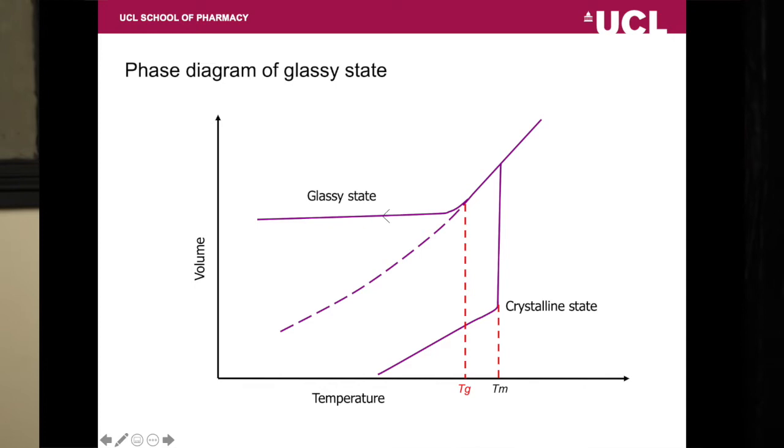This graph is probably the trickiest part of the lecture, and it's kind of a shame that it's coming towards the end, because your brains might not be concentrating on what I'm saying anymore, in which case I highly recommend pausing the video, watching a box set of something on Netflix, and then coming back again when you feel energized, because this graph is reasonably complicated in terms of understanding, but everything to do with amorphous materials is encompassed in this graph. Okay, so I'm going to talk through it. If you're not quite clear, same as before, just pause the video, go back, play it again, write me an email, whatever. Just try and get your head around it.